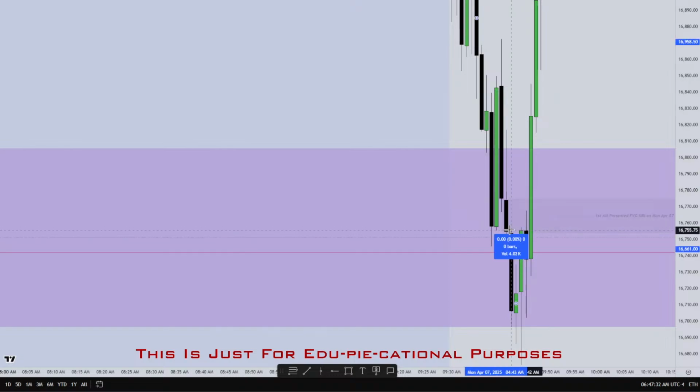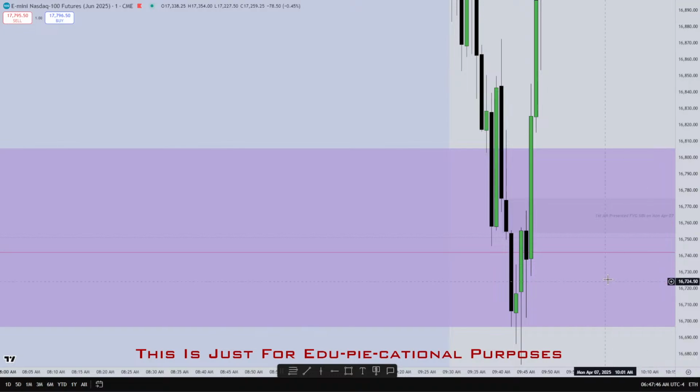Let's measure how far could we go. We could go around 50 handles if you were interested to take a short position, and after that, since we